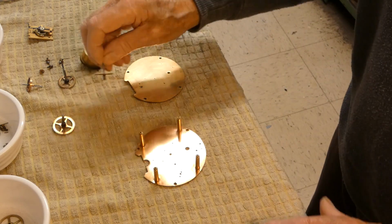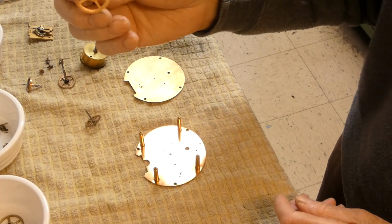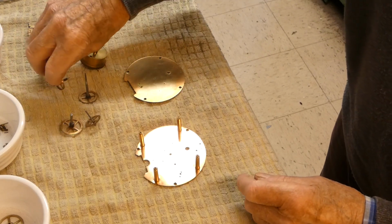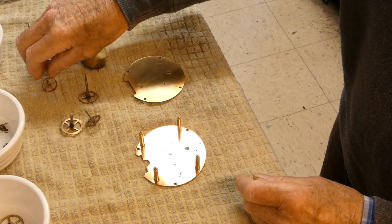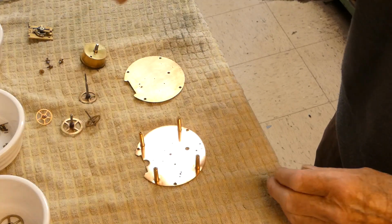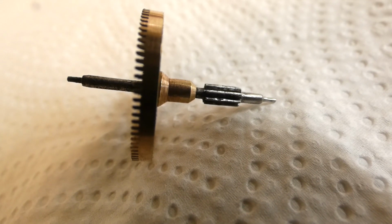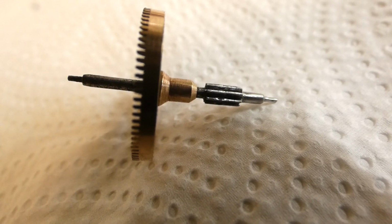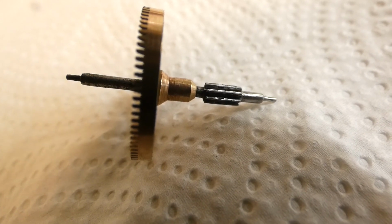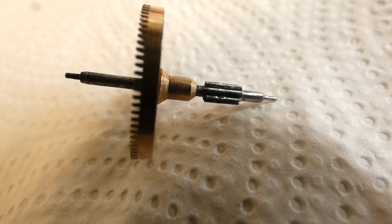However, I have done all the ends of the wheels. They're all polished, except of course for this one. Well, this is by far the worst one. You can see the pinion is pitted with corrosion. It's as though it's been in water. It's completely rusted. And the little end, the bearing end,